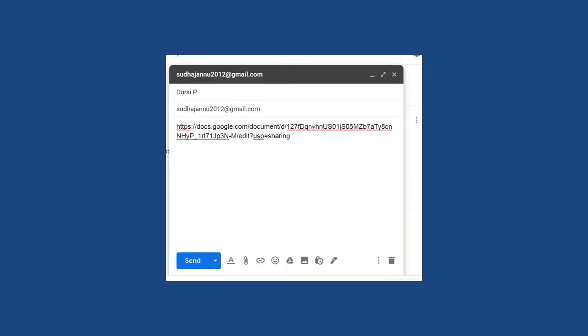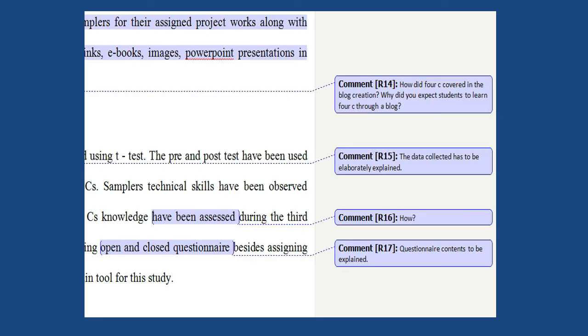If teachers want to share something with the students, that can also be typed in a comment. Here is the example for that.